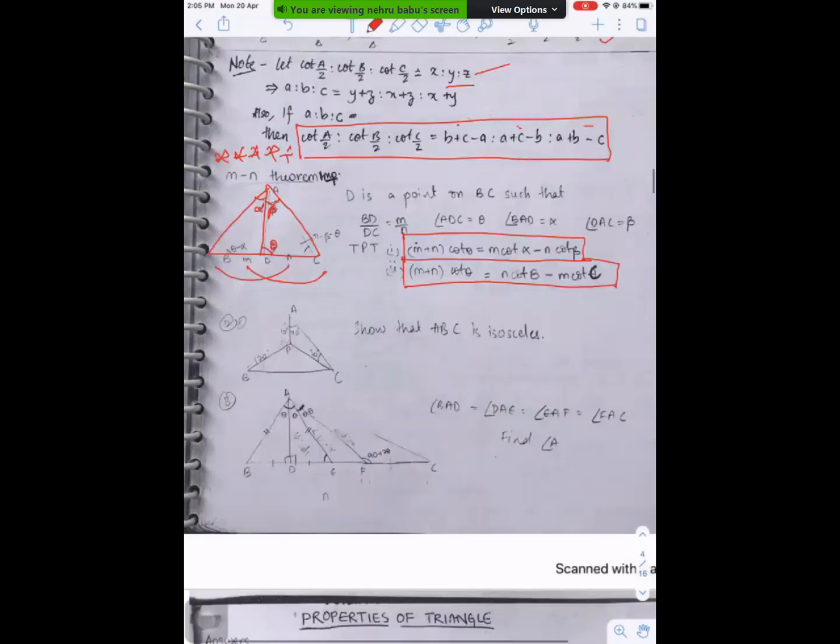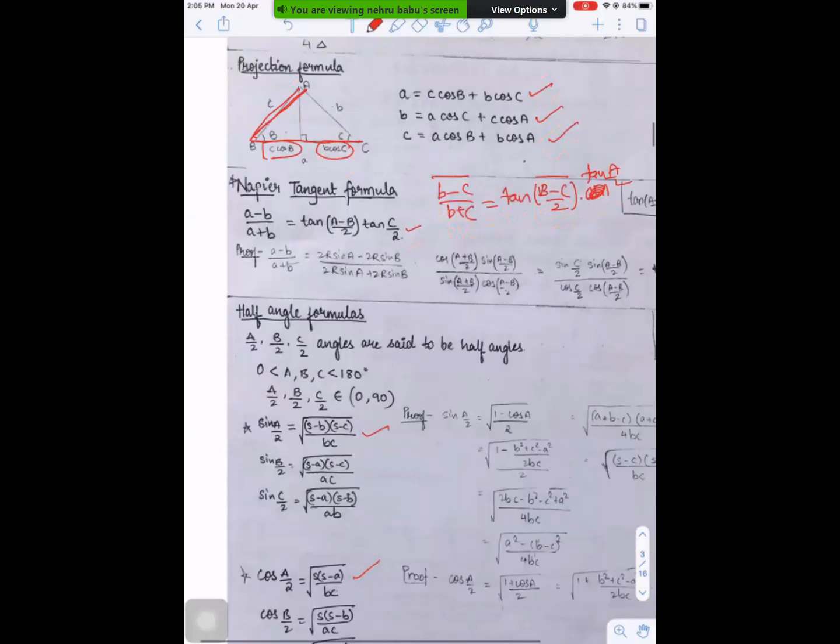Okay, here one more important result is there, just application wise only. That is also one of the problems. Here, what is the problem is, I will draw the diagram, you say the statement. If ABC is a triangle, here some point P is there inside. This P point is such that PAB angle, PBC angle, and PCA angle are the same, theta. Cot theta equal to cot A plus cot B plus cot C.